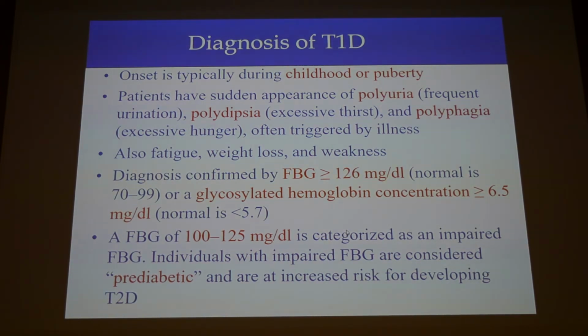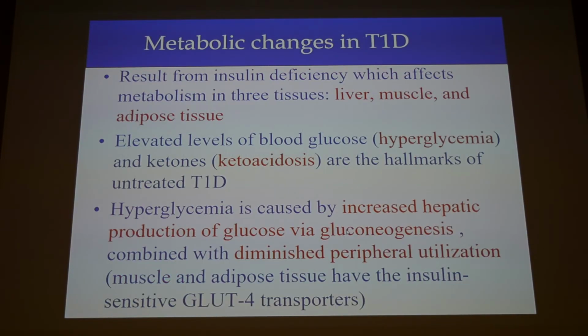If you do a fasting blood sugar and you find that it's not normal, so it's above 100, but it hasn't reached 126, then the patient is pre-diabetic. What is very important to do with this patient? Changing his lifestyle. Yes, we need to advise them to change their lifestyle to prevent them from having type 2 diabetes. Okay?